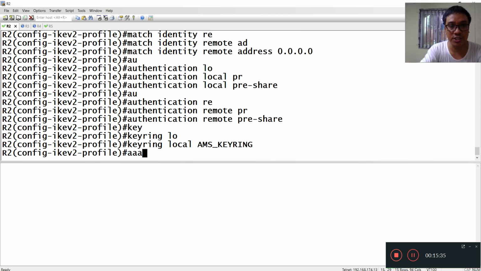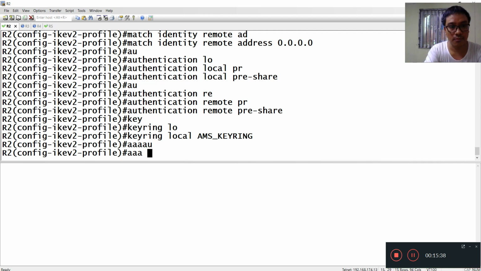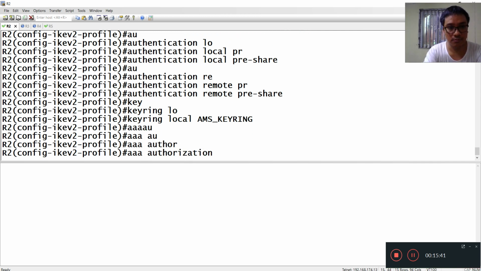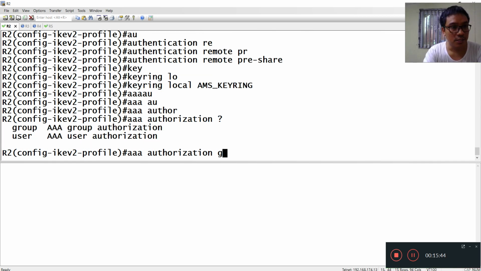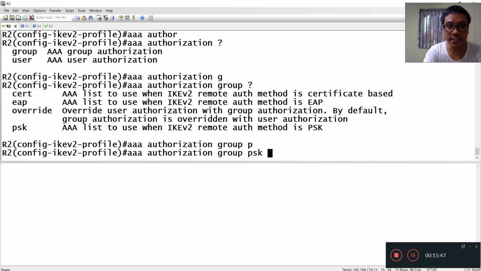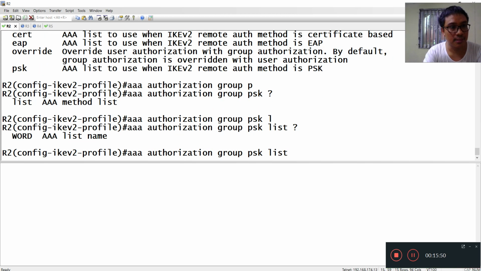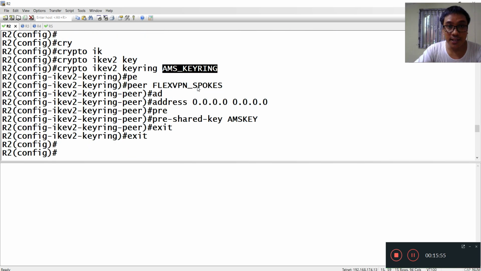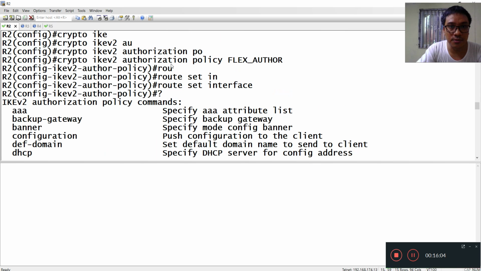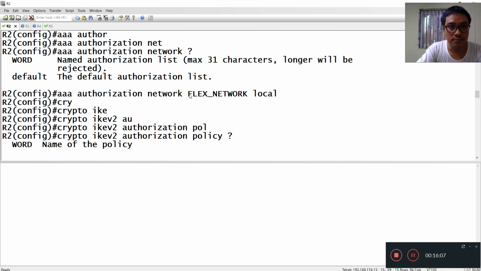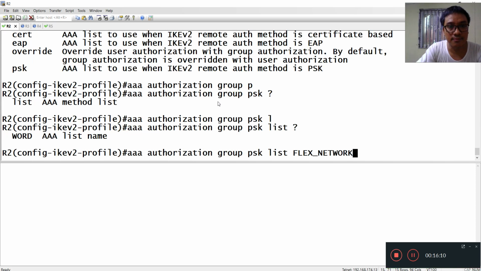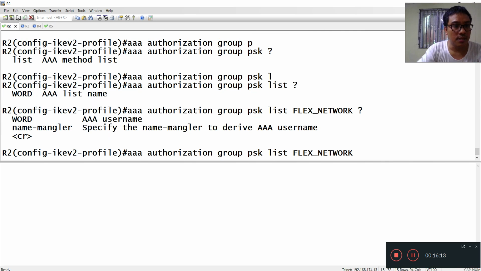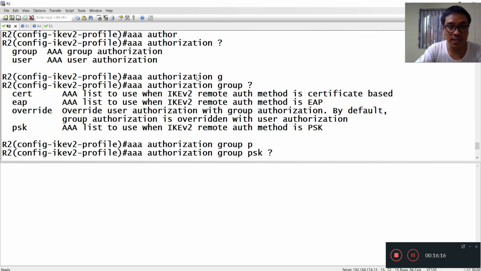So AAA authorization group pre-share, list name, then the authorization policy name, and then the network.